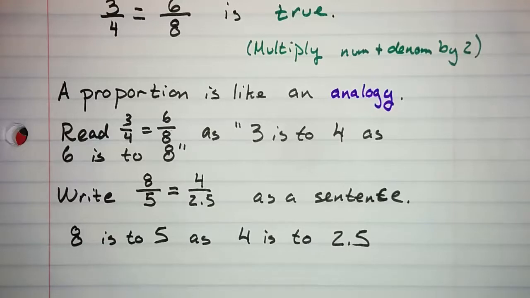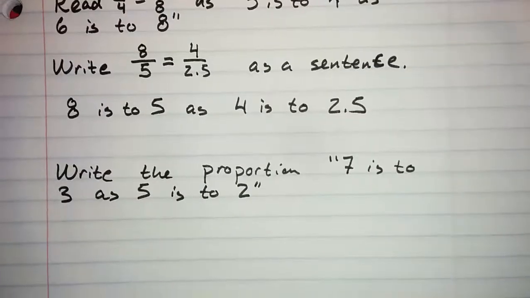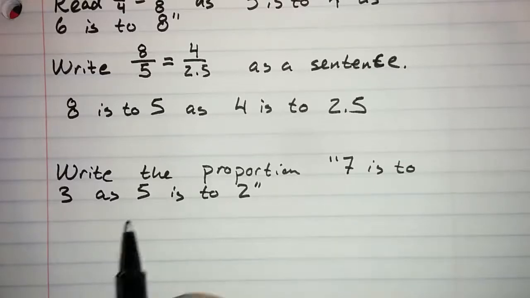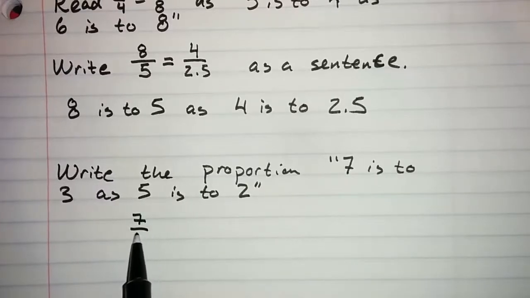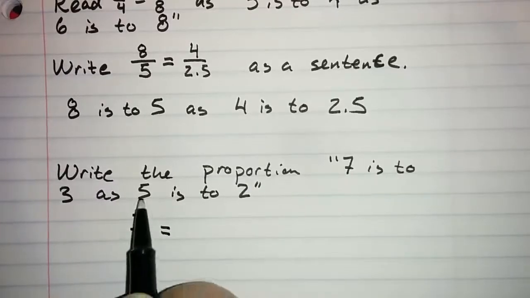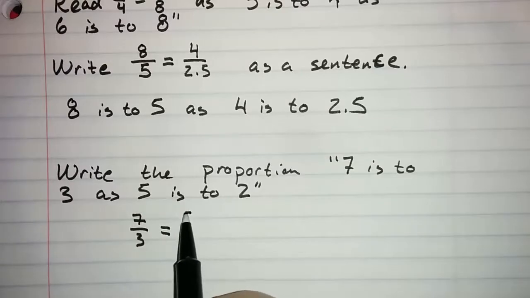4 is to 2.5. I'm also going to have you translate one of these sentences into a proportion. Again, don't worry about whether it's true or not. Just write down the proportion. Write the proportion 7 is to 3 as 5 is to 2. Pause the video and try this one now. Alright, 7 is to 3, the ratio 7:3, as 5 is to 2. That's the ratio